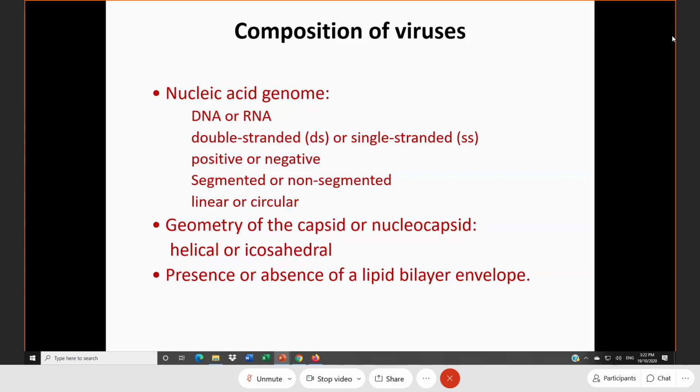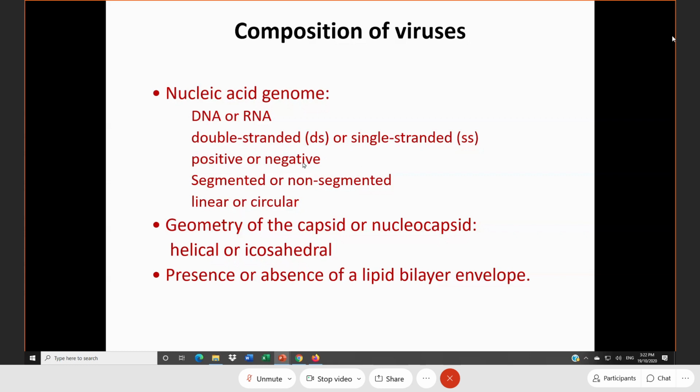I wouldn't come out with that kind of question in the exam. Why do these viruses have double-stranded, not single-stranded? The answer is I don't know, because that is what nature has given to us. We don't know why this one is double-stranded. Why not single-stranded? I cannot answer that question. Nobody can answer that question.